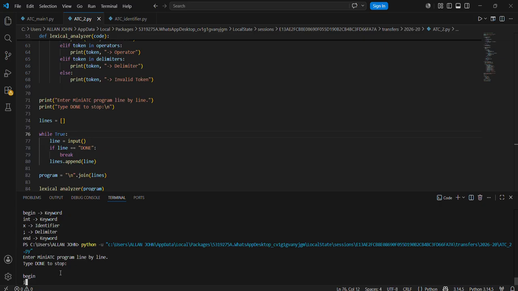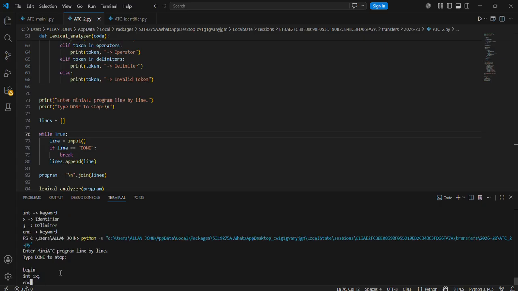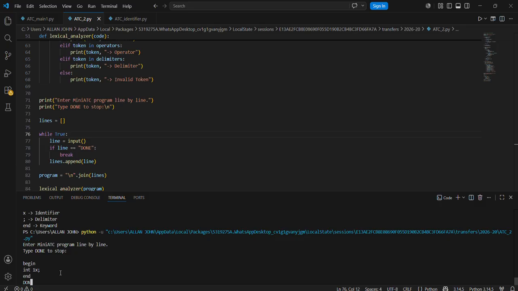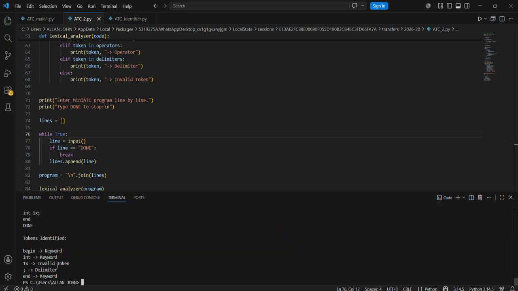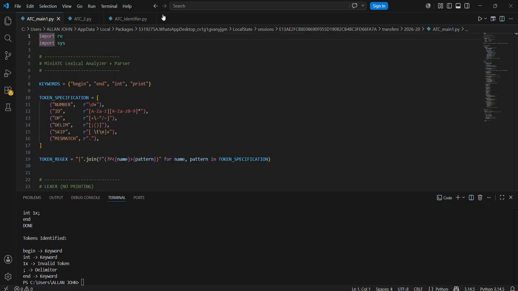begin int, int 1x end done, it shows invalid tokens. Tokens identified means 1x is an invalid token. And next